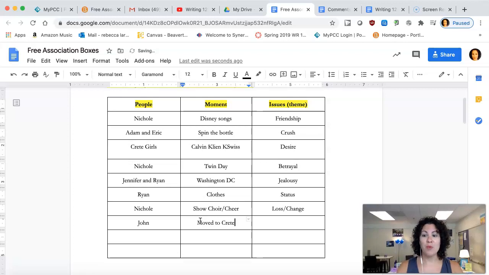And where did we move? We moved to Crete, that one location where all of those girls lived. And I didn't know it at the time, but what I was kind of viewing was a different kind of status, a socioeconomic status. So that's what's called now when it's the middle class or the working class or the higher class. It's called socioeconomic status, also known as SES. And I didn't realize it, but Nicole and I came from kind of a lower, poor, working class type of area. And then when my mom married this guy, John, we moved to Crete, which everyone seemed to have money.